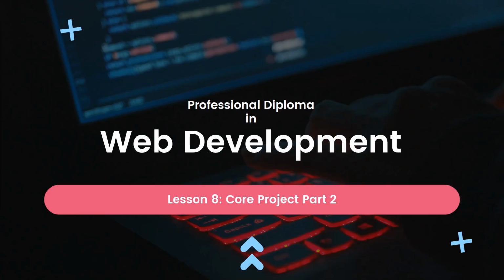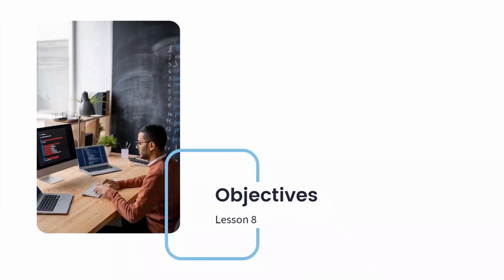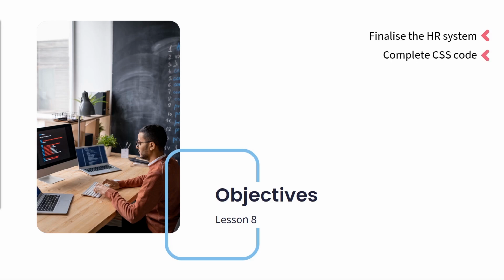Now, let's have a look at the objectives for today's lesson. In today's lesson, we really only have one objective, and that is essentially finalizing the HR system that we started developing in lesson 7, our previous lesson. To do this, we have to complete the CSS code that we previously worked on in lesson 7. Then to wrap things up, we'll complete the entire system with JavaScript code,